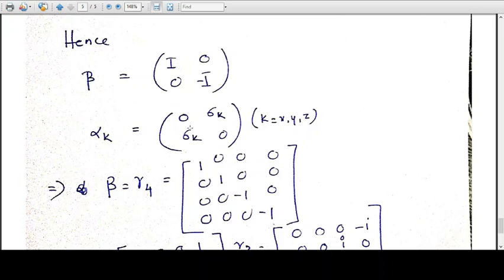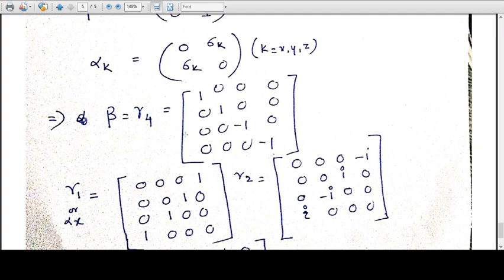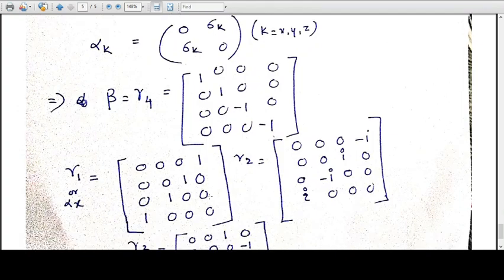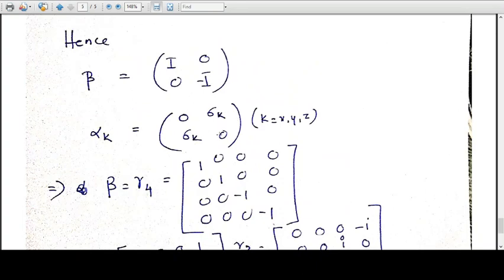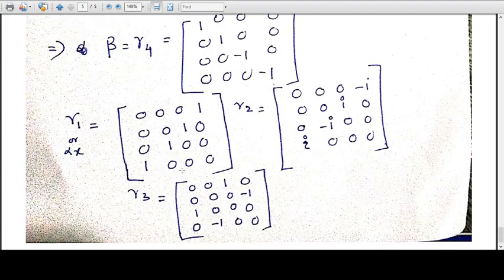Similarly, you use 0, 0, sigma k, sigma k, that is, sigma x, sigma x, sigma y, sigma y, sigma z, sigma z. When you express them, you get gamma 1 in this form. Using this expression, you get alpha x, alpha y, alpha z, or in the 4 into 4 terms, they will be called gamma 1, gamma 2, gamma 3 and gamma 4, because now you are writing some 4-vector type of thing. So you write gamma 4, which is actually beta. So you got the Dirac matrices.